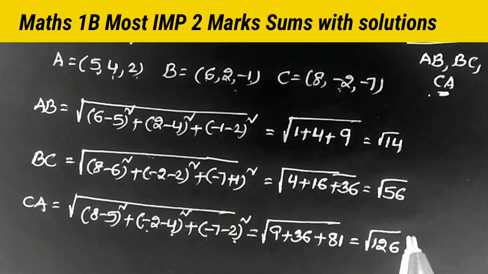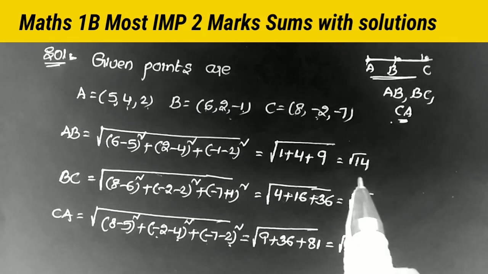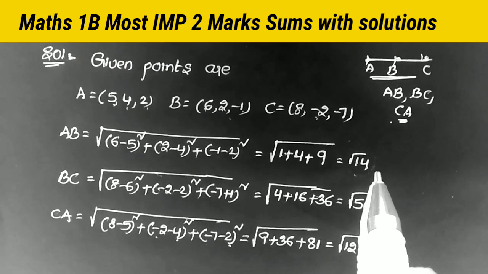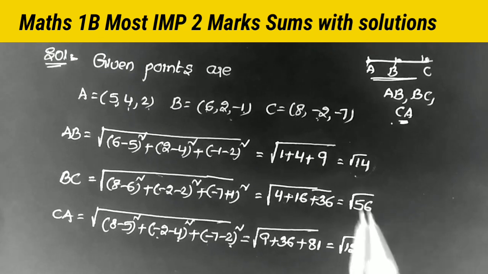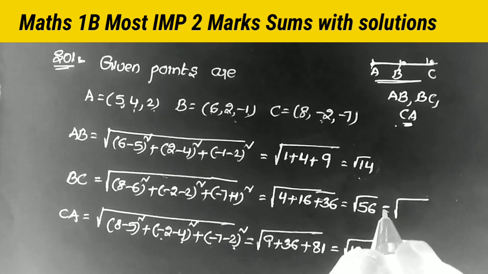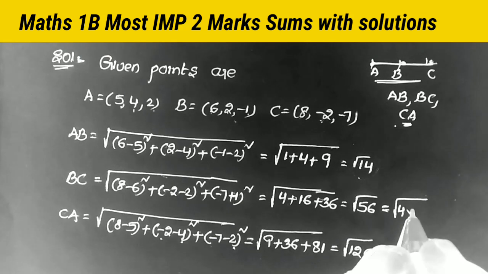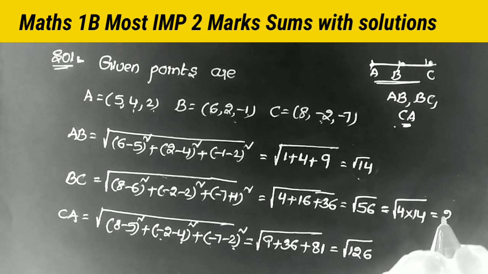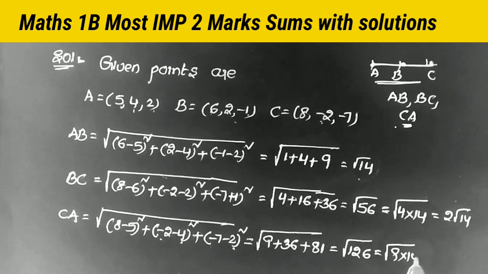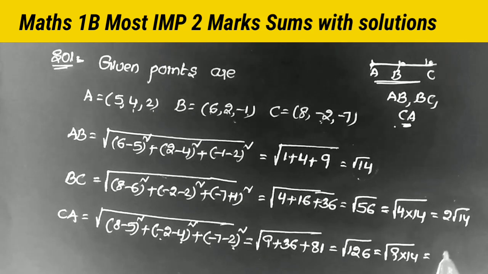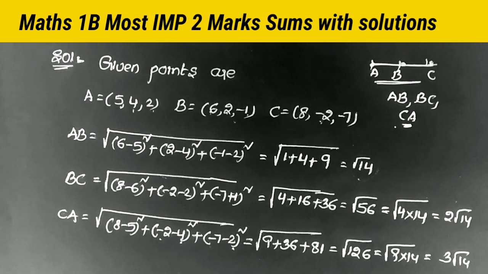Now these are the distance values. Here, what is the procedure? What is the smallest distance among the three values? Root 14 is the smallest value. So convert the remaining two distances in terms of root 14, that is, we have to convert these two values as multiples of 14. What is this value? 4 into root 14, that is 2 root 14. And coming to this one, what is this value? 9 into 14 equals 126, that is 3 root 14. Therefore, the distance values are root 14, 2 root 14, 3 root 14.